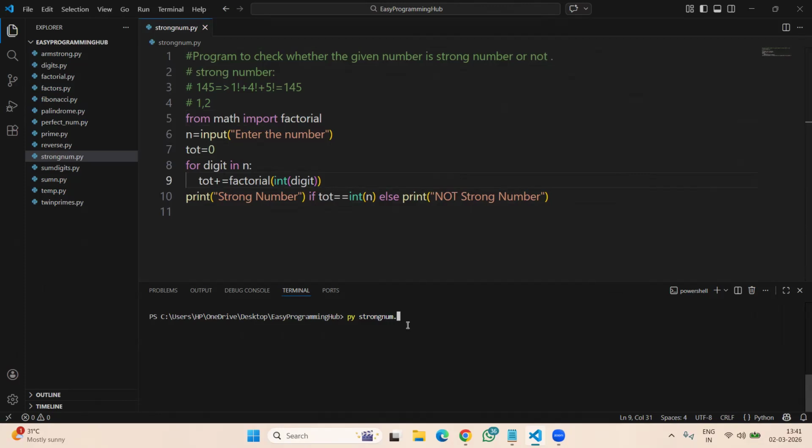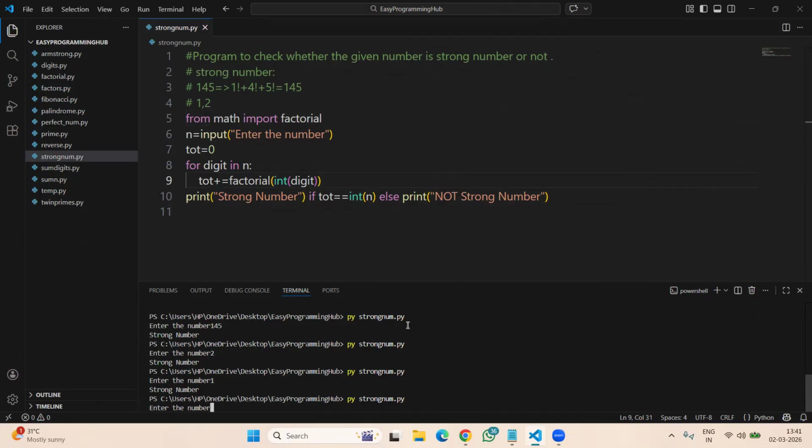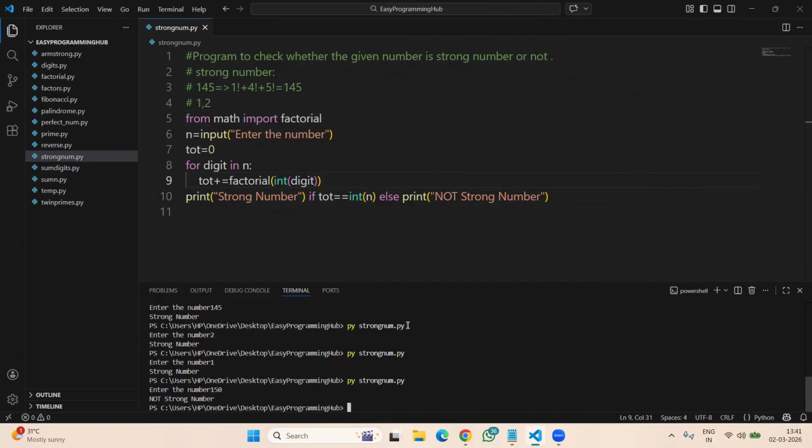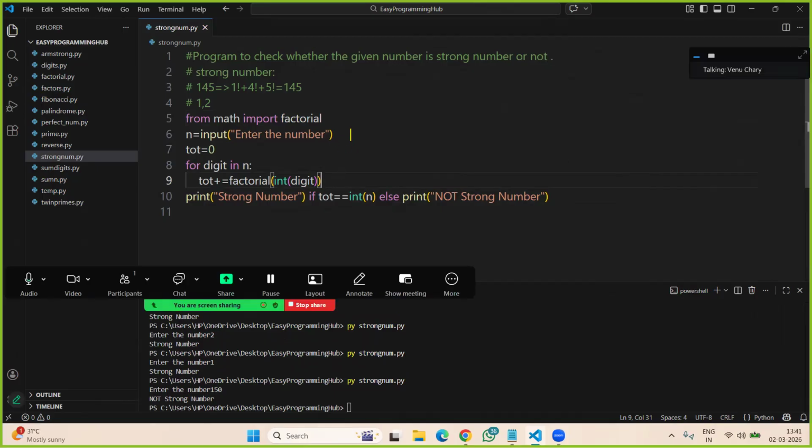Py strongnum.py. Now here I am taking 145 as an input number. Now see, this is a strong number. So even if I take 2 also, it is a strong number, right? 1 also a strong number. And if I take, for example, 150, this is not a strong number. Okay. So what is happening here? Say, for example, if I take 145,